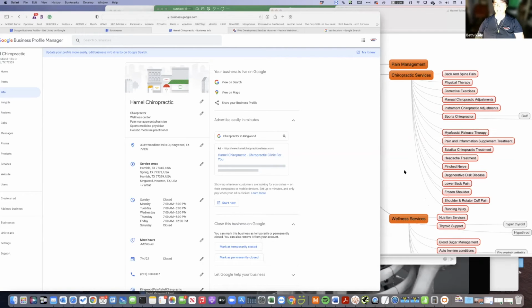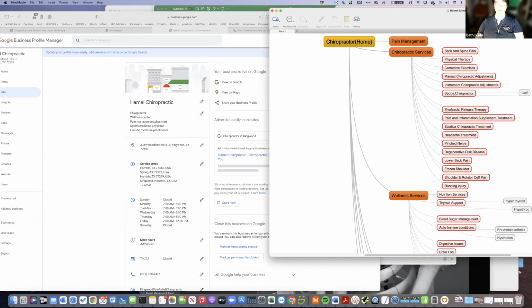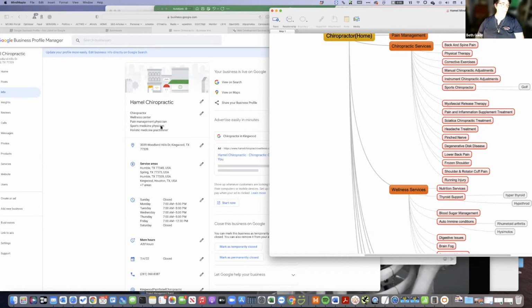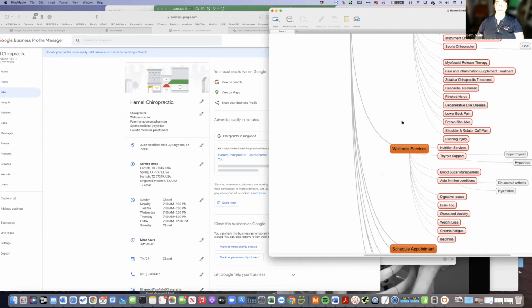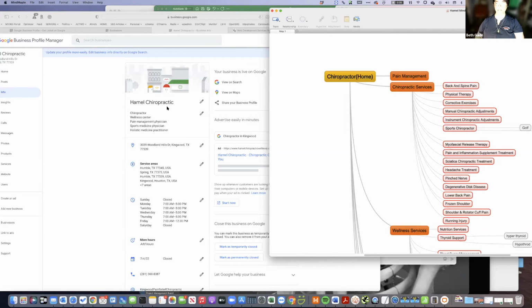It's not on this. She put it underneath here, and he kind of wanted to shy away from that a little bit because he said he's truly not a doctor. And then we also have a holistic medical medicine practitioner, which is what he is. But if you notice what I did, well, actually, Christina did this more than I did, pain management, chiropractic service, wellness services, they mimic this area right here. Okay, everybody wrapping your head around what they did?